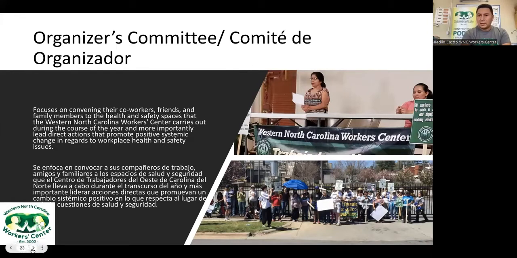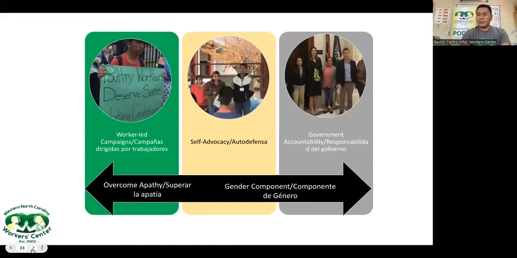So as we see here, there are women leaders in the image. They are tired of the lack of safety in the workplace, and that's what they focus on to motivate their colleagues. As we see here, as I mentioned, workers themselves have led the campaigns for the well-being of other workers, and above all they fight for their rights at work.